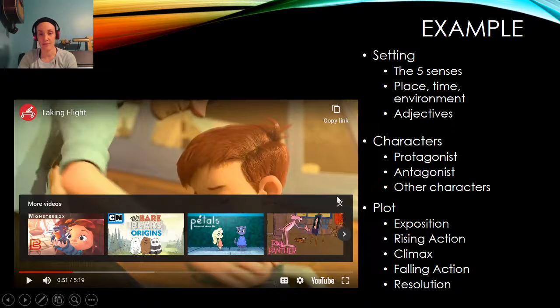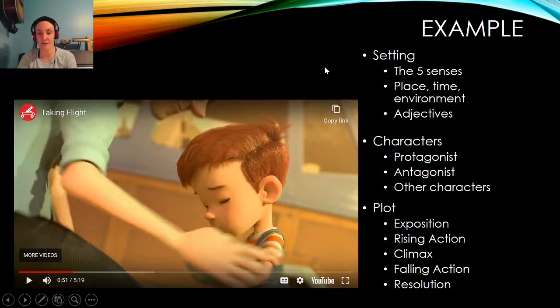So here we can see we've been introduced to the characters. So we have the little boy's dad, his grandfather, and his stuffed animal. So that is sort of the exposition and the characters. So the protagonist, we don't know yet, but it's going to be the little boy. He's the main character. And you can see the setting. It's set in, I would say, fairly present time, and it's summer or spring, and then you can describe the street that they're living